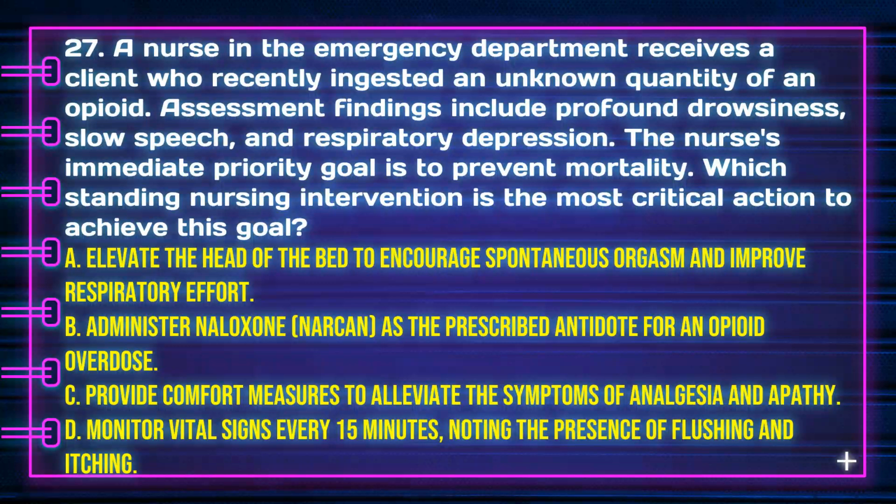The answer here is Bravo, because death from an overdose of opiate or an opiate is generally due to respiratory arrest from respiratory depression effect of the drug. The nurse intervention for opioid intoxication includes assessing the respiratory depression and administering naloxone or Narcan as the antidote for an opioid overdose. 27. Bravo.